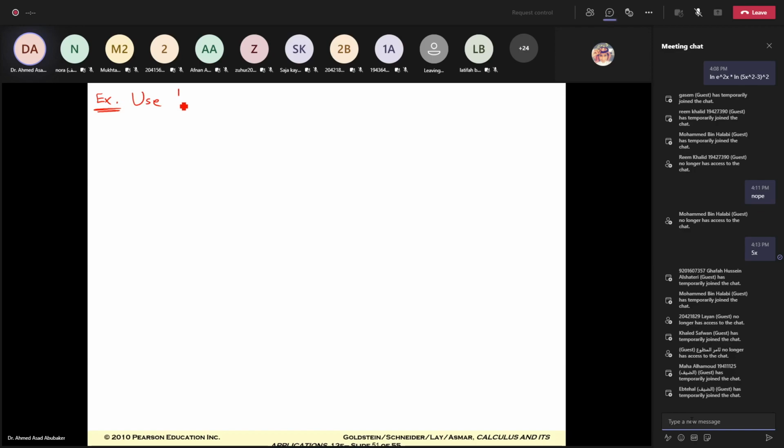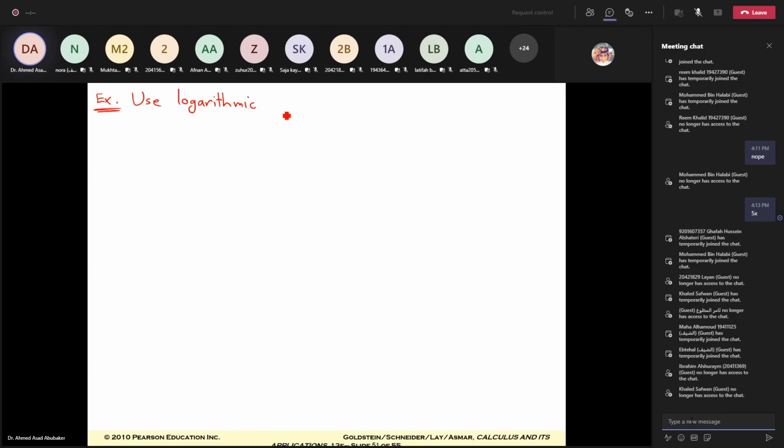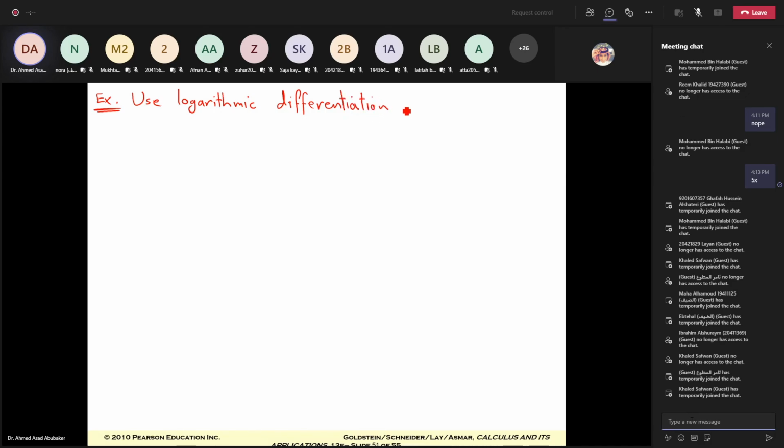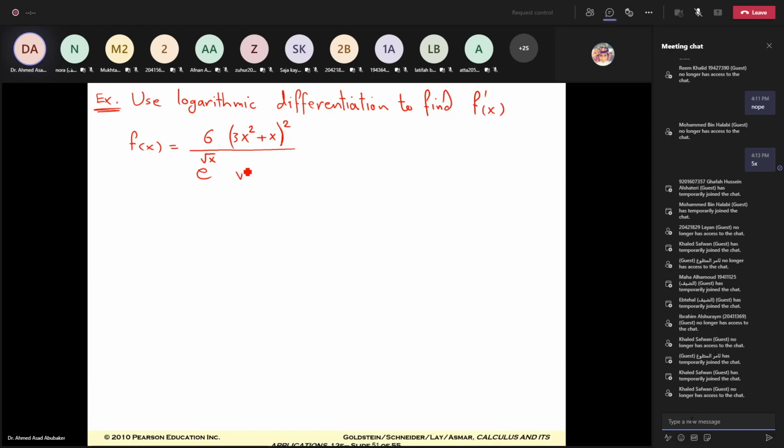Use logarithmic differentiation to find f prime of x if f of x equals 6 multiplied by 3x squared plus x all to the power 2, over e to the power radical x, cube root of 4x minus 5. The solution: